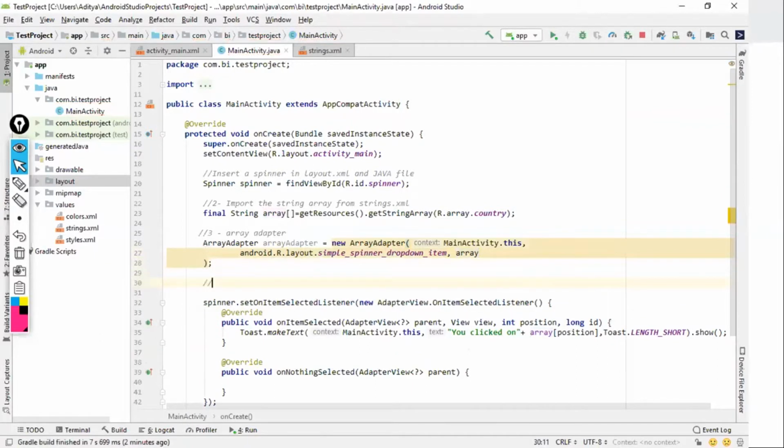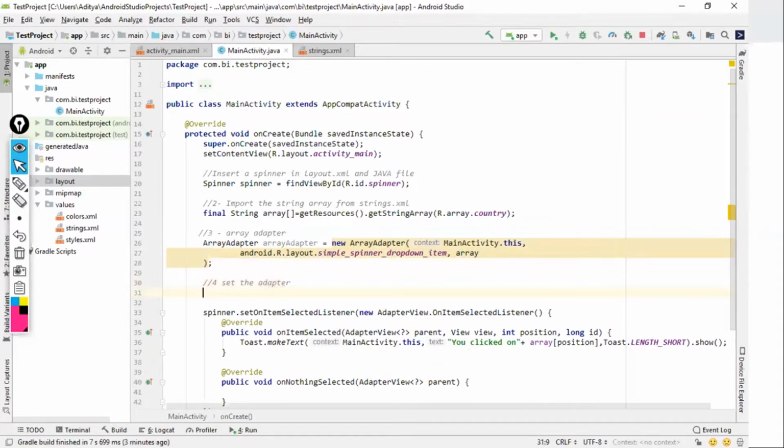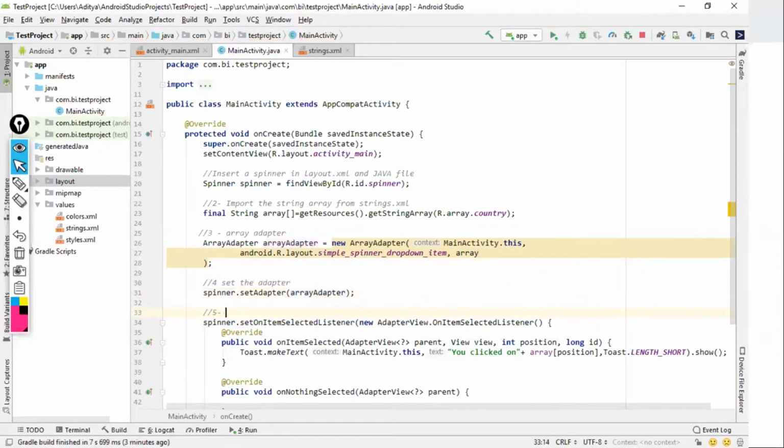The fourth step was to set the adapter. So I'll call the spinner object's setAdapter function and pass arrayAdapter to it. That's it. And the fifth step was set on item selected.